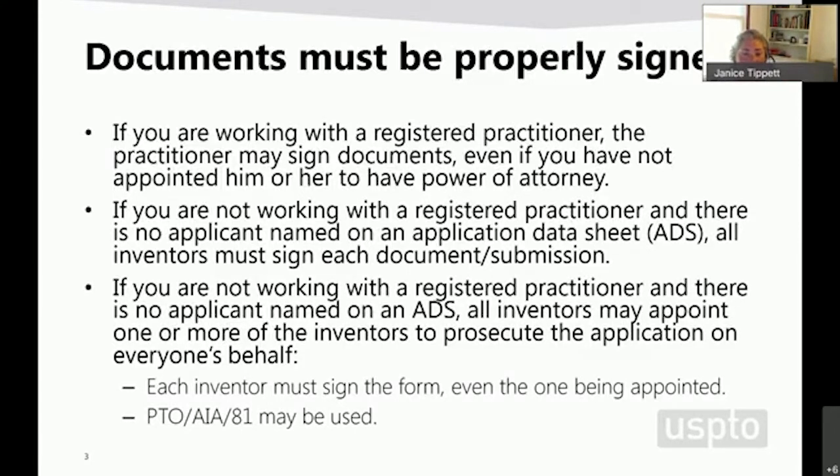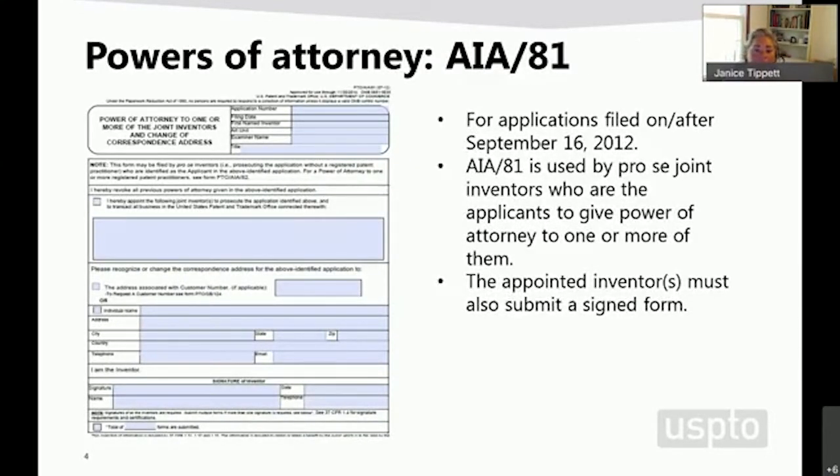Each inventor must sign the form appointing the inventor, and we do have a form on our website, pictured here. You would fill one of these out for each inventor listed. So if you have 4 inventors and you're giving John Brown the power to act on behalf of all of the other inventors,